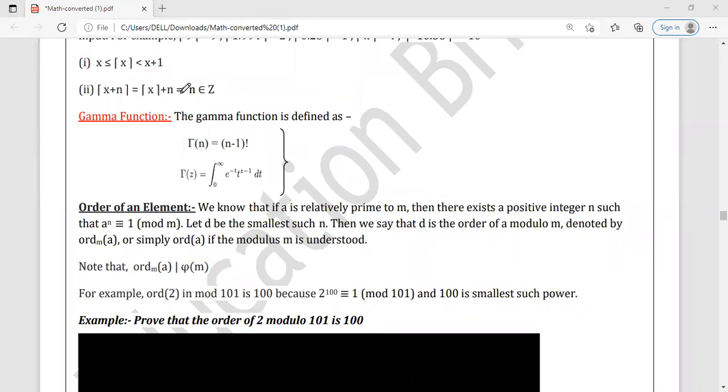So I got one answer from Bhanam. Since 101 is a prime, 2 to the power 100 is equal to 1 mod 101. But see, you are actually writing the Euler's phi function structure here, but I don't want that. I want the proof, not Fermat's little theorem. I want the proof that the order of 2 modulo 101 is 100. If you write this in RMO, you will get a 0 out of 17 marks. Of course, this is not an RMO level problem. This is a very easy problem, but still I am relating. This is not a one line question.